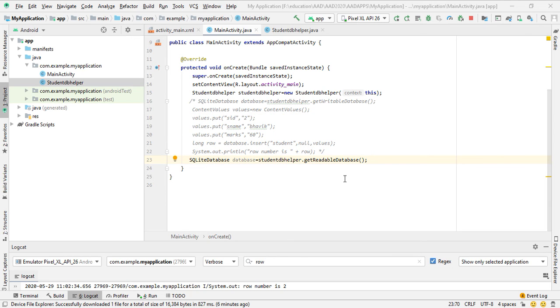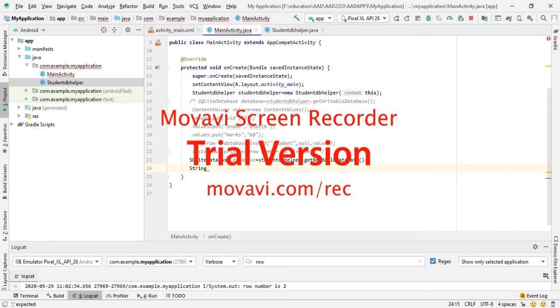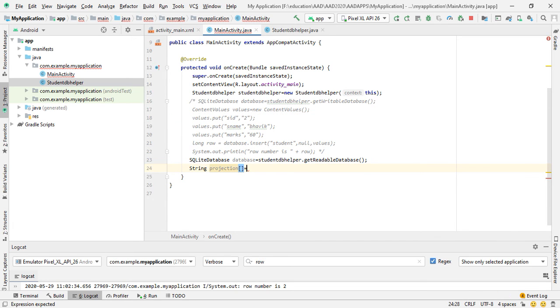So let's create one string array, projection, and inside that we require all the 3 fields.